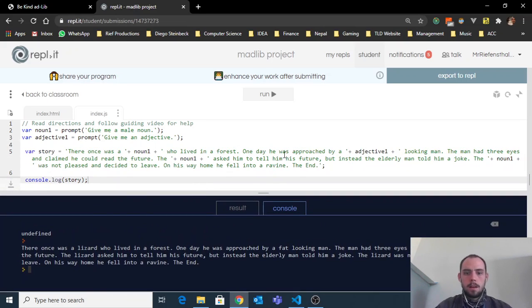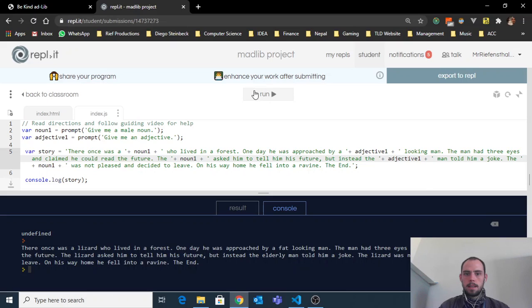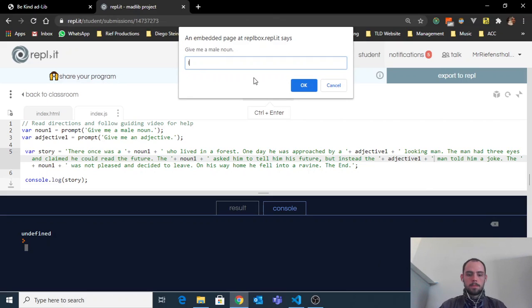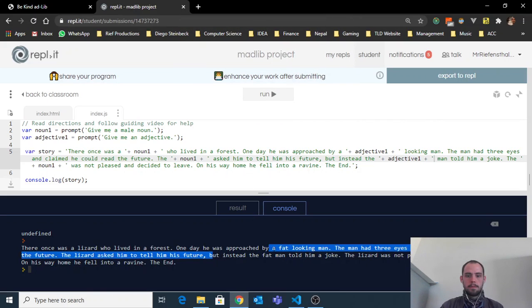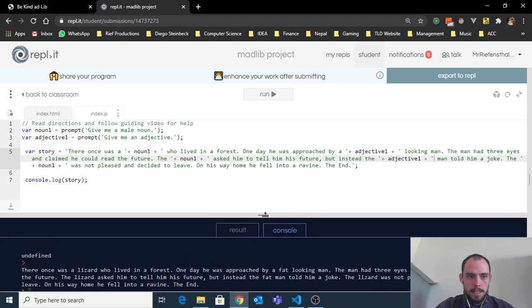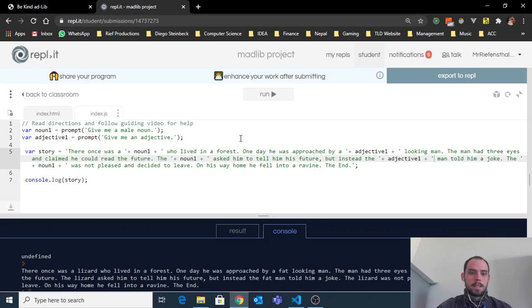Okay, so here I'm going to find, I can actually just copy this, right? Just make sure you get the quotation marks and everything. And then I'm going to hit paste and then run my code again to double check. But instead, the fat man told him a joke, right? Now this story is already becoming funnier. So this is good. Hopefully this is basically the whole crux of the whole basic project. You're just taking words out of your story and replacing them with variables.